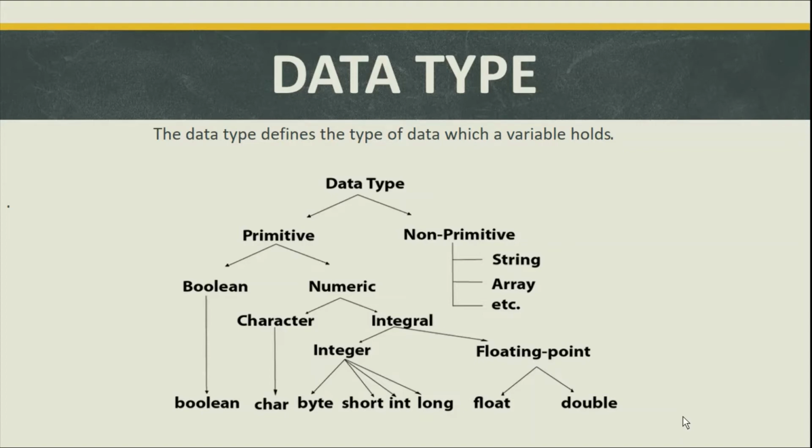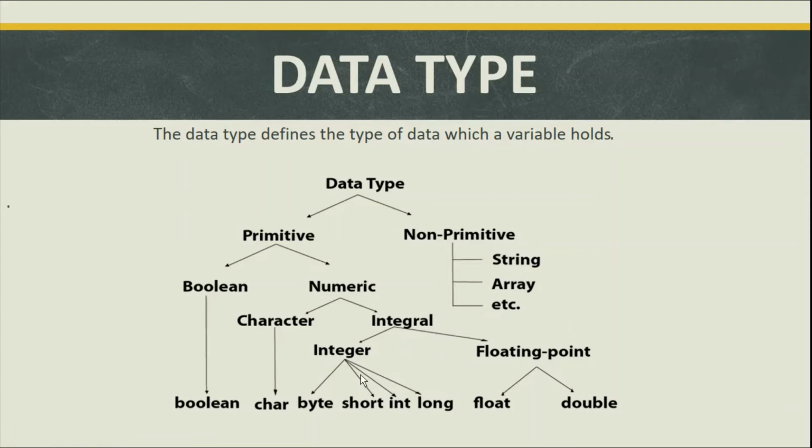So Java supports different primitive data types. We have also classified them into Boolean and numeric, in characters and integrals. In character we can use char data type. For Boolean we can use Boolean data type. To work with any integer number, we have byte, short, int and long. Byte will hold 1 byte of memory, short will hold 2 bytes, int will hold 4 bytes and long will hold 8 bytes of memory.